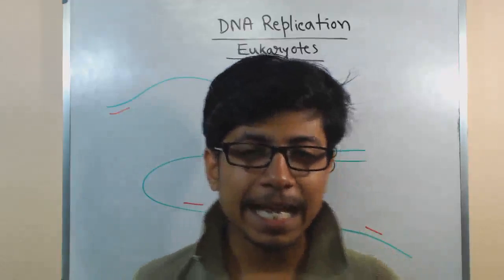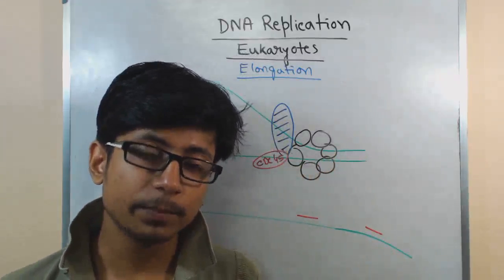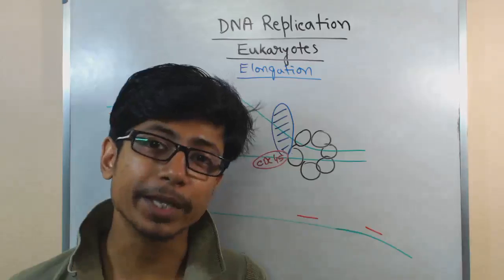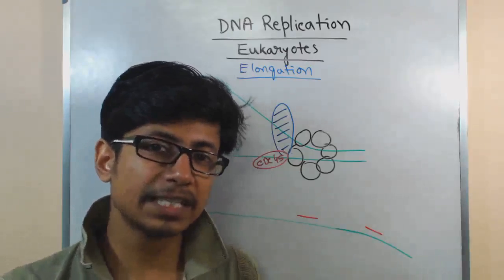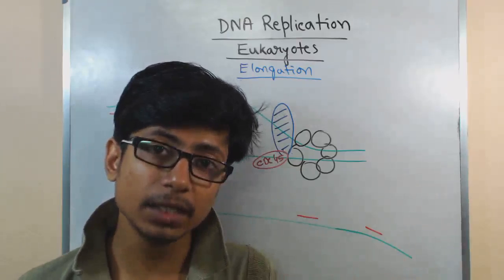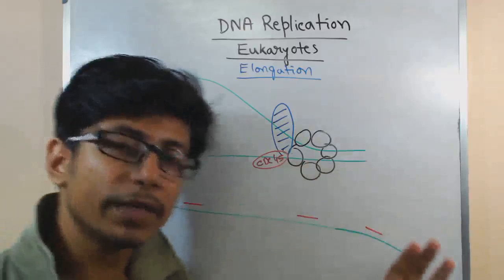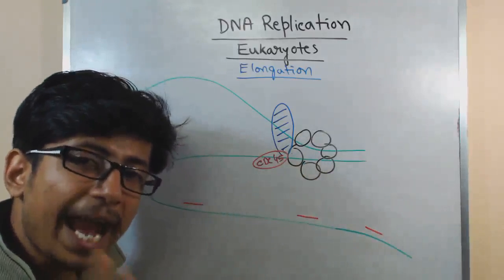Welcome back, guys. We are talking about the eukaryotic DNA replication process. In the previous video, we talked about the initiation of eukaryotic DNA replication, right? And we are at the phase where S phase is reached during the cell cycle of a eukaryotic cell division. Now, at the beginning of S phase, we have seen three important protein factors acting as